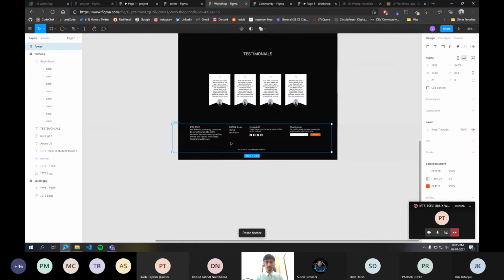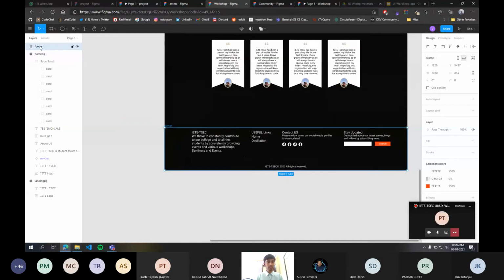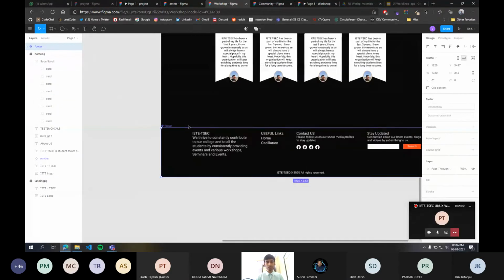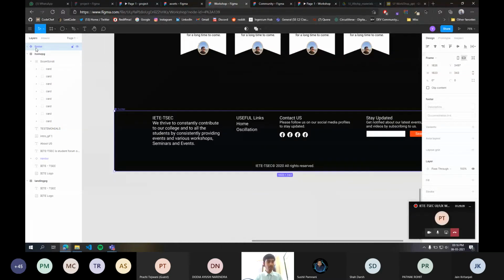Just align it properly. Now again right click on this footer and choose create component. Since the frame's name was footer, this component was automatically renamed as footer. Just bring this footer inside of this home page.